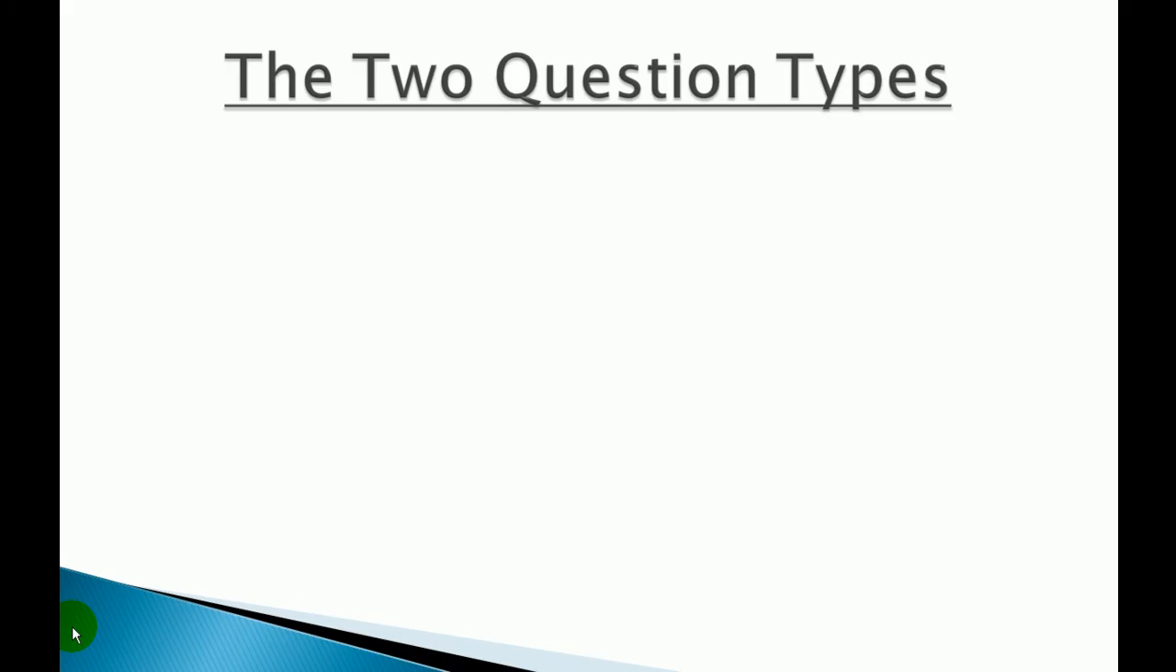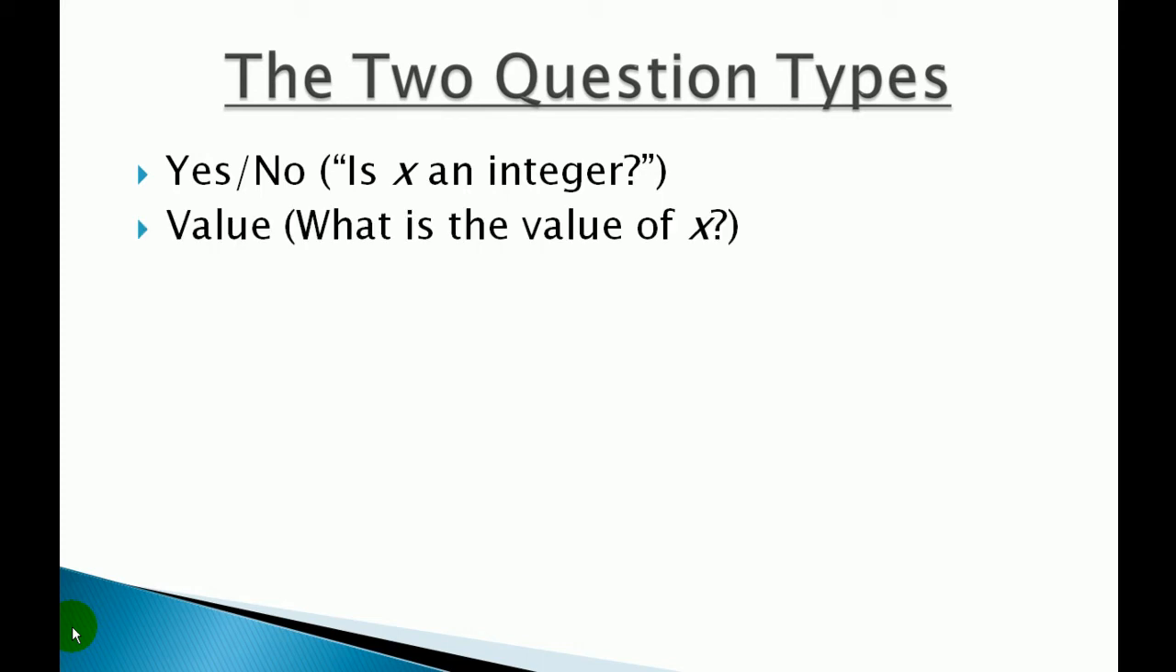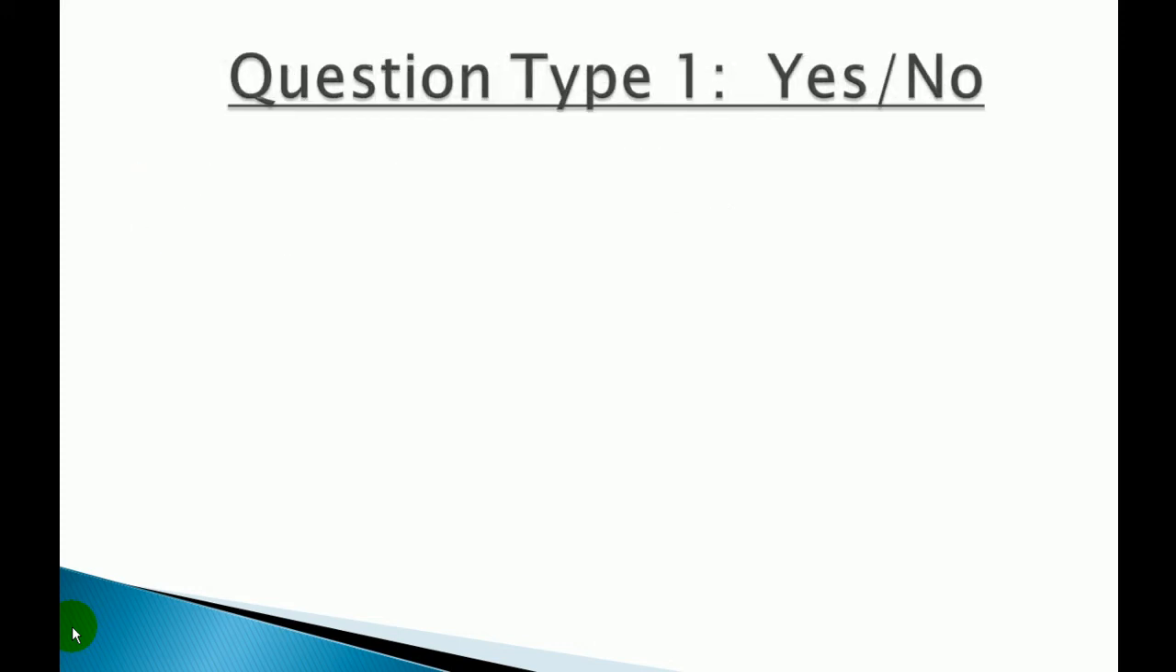Now, as mentioned earlier, there are two subtypes of data sufficiency questions. And those are yes-no questions in which they ask something like, is X an integer? The second are value questions in which they ask something like, what is the value of X? The first question type are yes-no questions. And these are questions in which they ask something along the lines of, is X an integer or is X